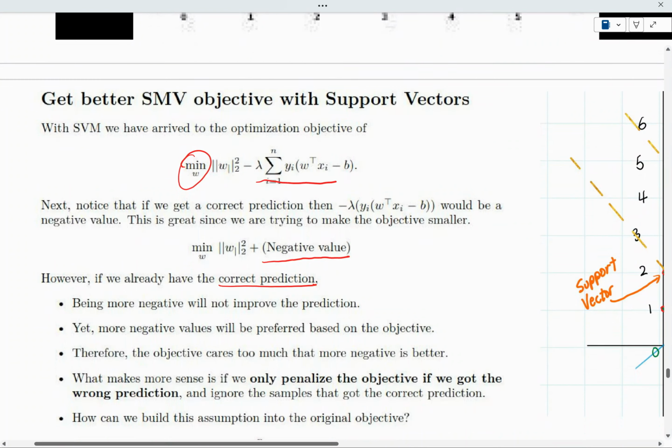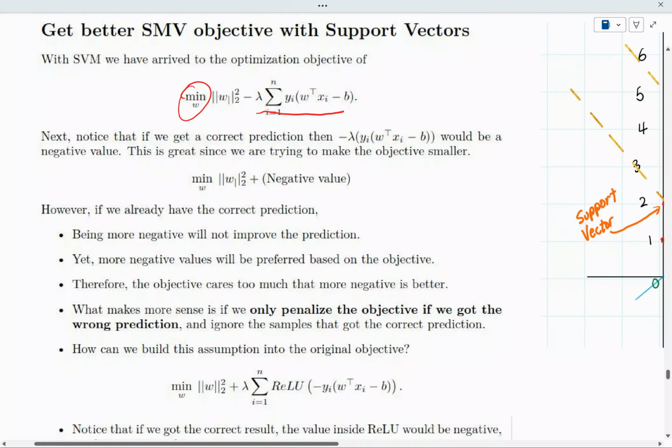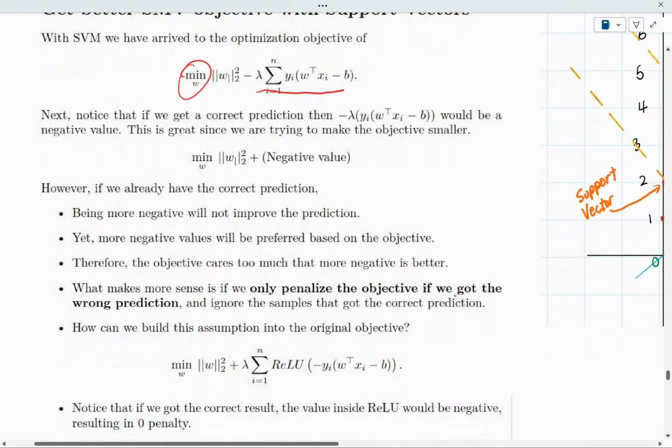It's saying that we want this to be as negative as possible, even though as soon as it's negative, it's already correct. So that's not matching the reality of what we want. As a result, we can improve this so that we only penalize the objective if we got the wrong prediction. Okay, so this goes back to